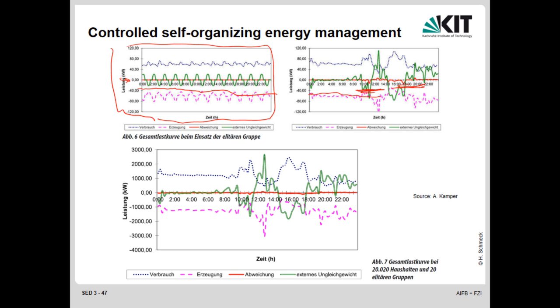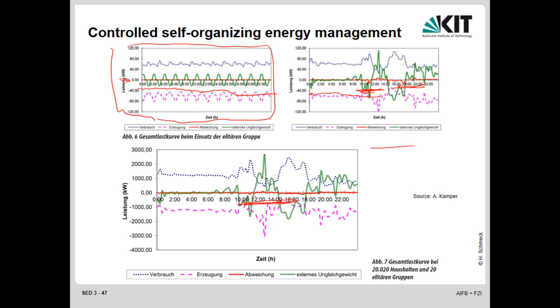And here, this is shown again. This is exactly the same as up there. So this is just showing that it's not very much which is left here as imbalance. So this is obviously a scheme which has quite some potential for being used as a decentralized way of balancing out these disturbances